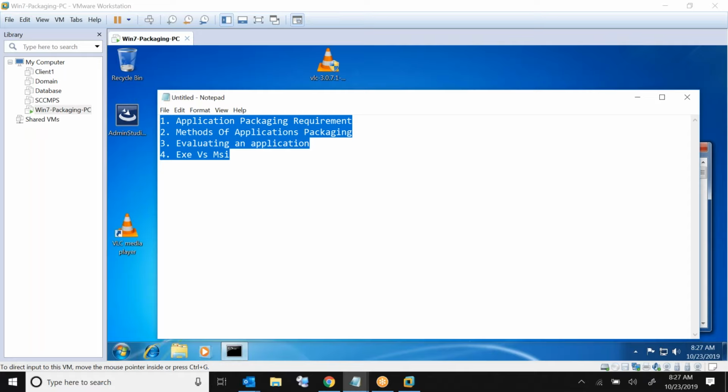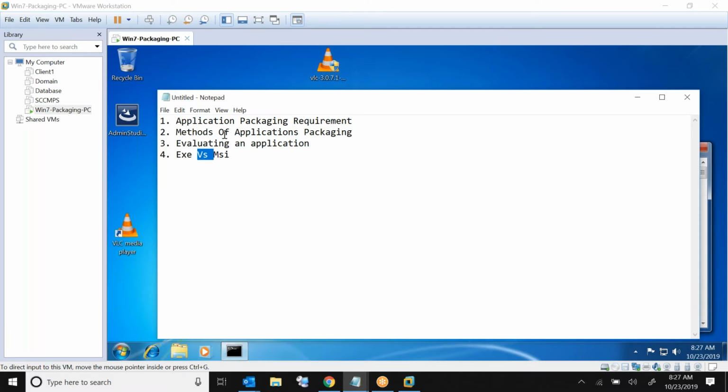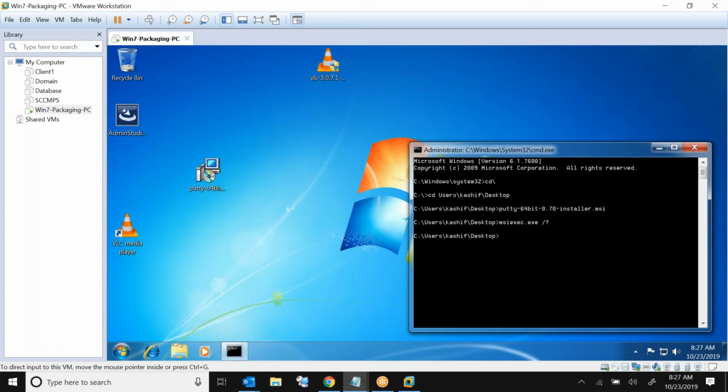Tomorrow we will meet and do the practical for MSI application. I'll show you the repackaging, how to convert this VLC media